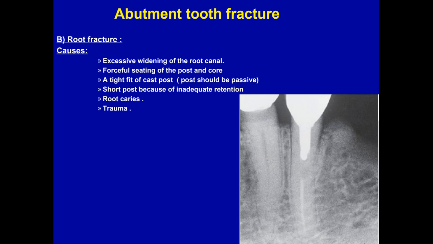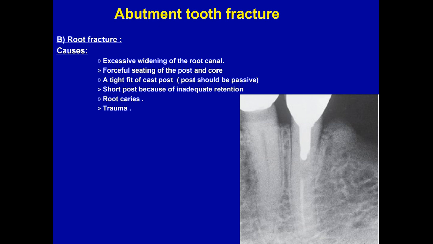We can see in this example there is excessive widening of the root canal to receive a custom post. The second cause is forceful seating of the post anchor, tight fit of the cast post or prefabricated post,